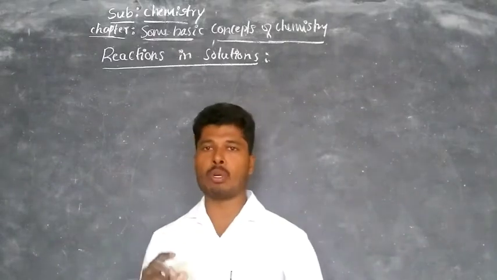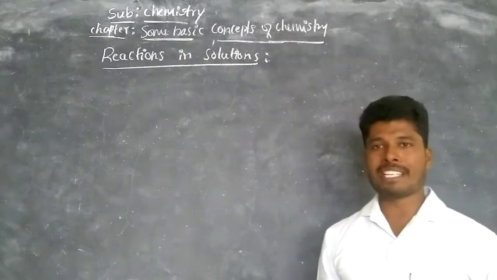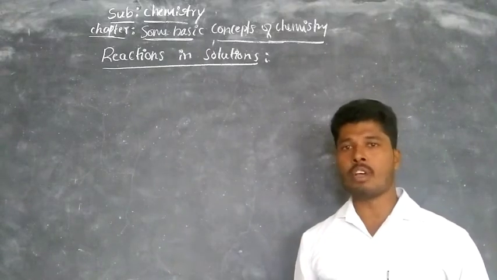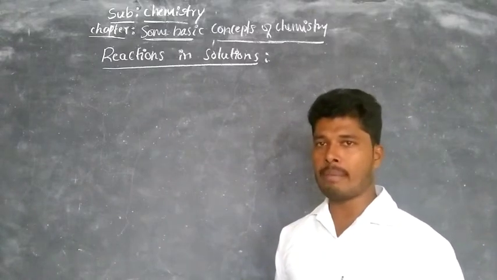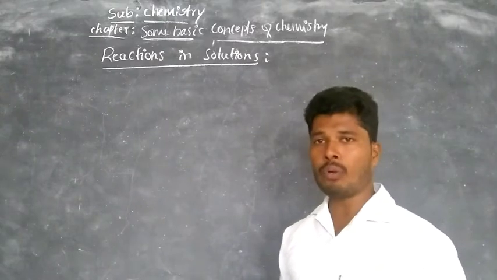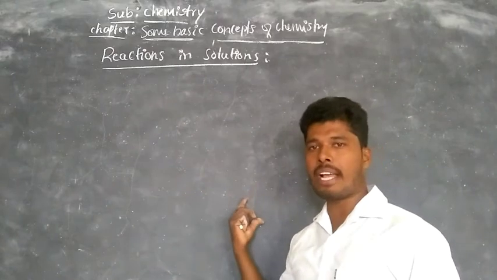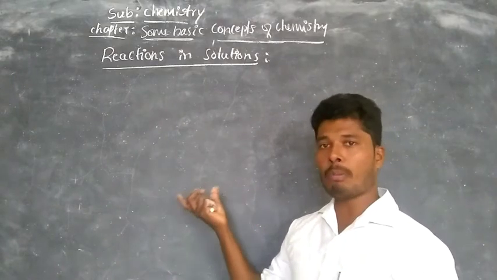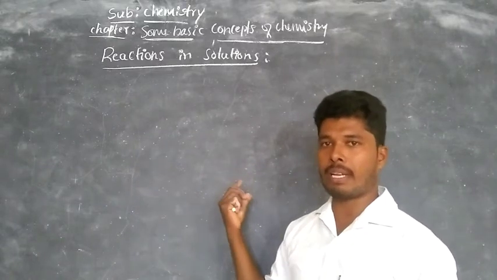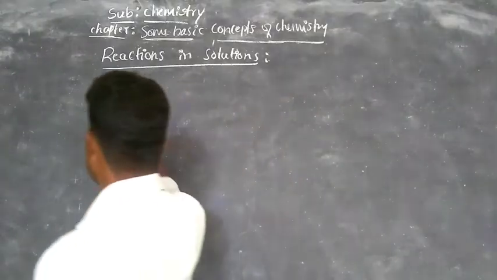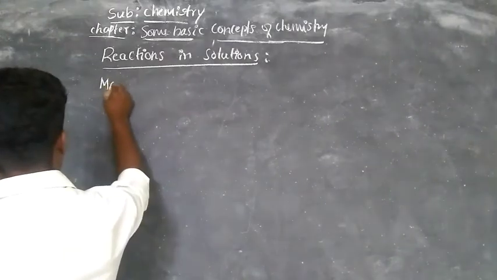It means the amount of the reactant, or mass of the reactant, or weight of the reactant, or also the percentage of the reactants as well as product. Therefore, it is important to learn some concentration terms that are helpful to determine the quantity of the substance in both the reactants as well as products, and how much of the reactants can be converted into products. So those concentration terms are the mole fraction or mass percentage.